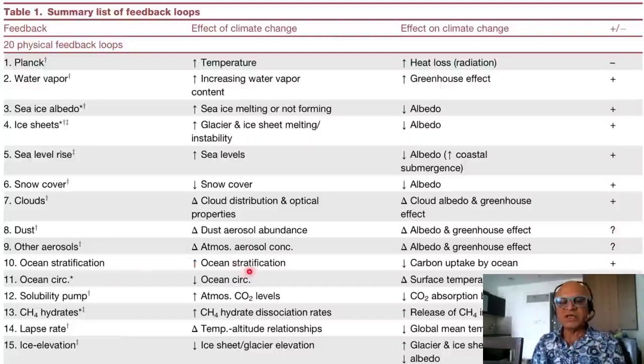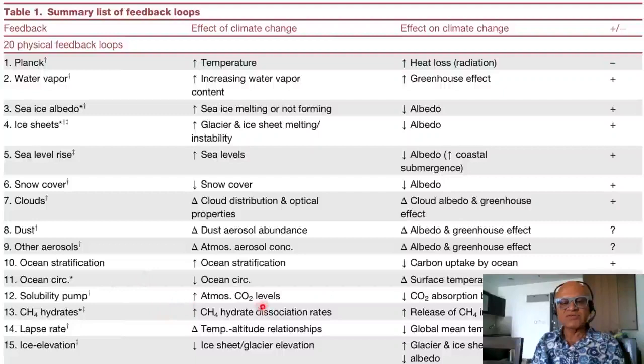Ocean stratification increases, carbon uptake by the ocean can decrease, but phytoplankton response is more complicated because nitrogen fixers may respond better to reduced nutrient supply in the near surface and reduced phytoplankton photosynthesis of other kinds which require nutrients, whereas nitrogen fixers can directly work with dinitrogen. So here it's listed as positive feedback, but I would be more careful about it. Ocean circulation can weaken and surface temperature can increase, but we don't know whether it's a net positive or negative.